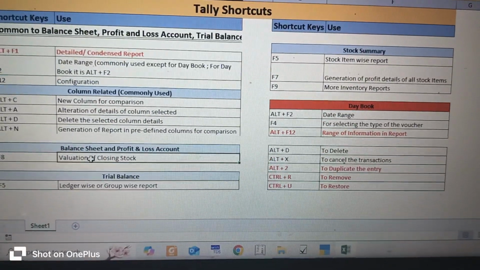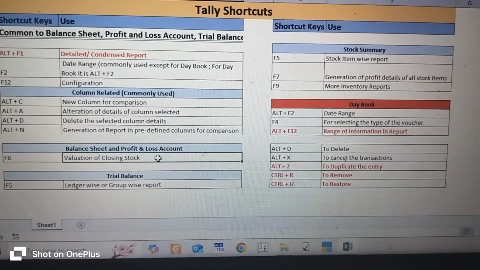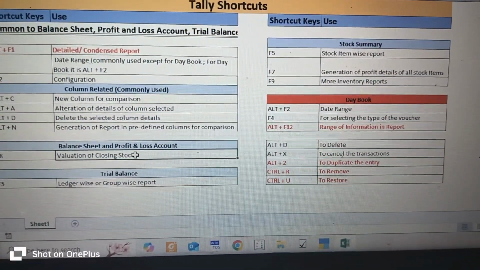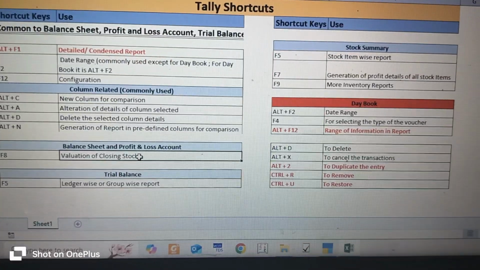You may find some typo, please ignore or let me know in the comment box. I'll make correction. And some shortcuts which are not commonly used, these are specific, like for balance sheet